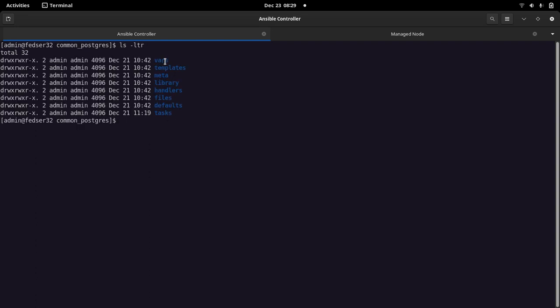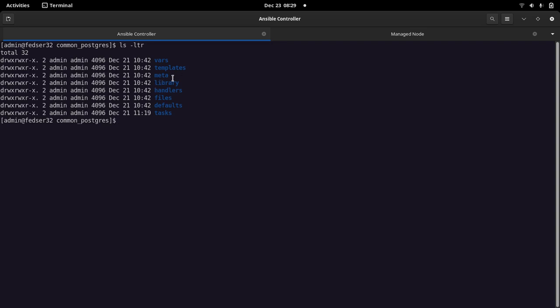So you can see, this is the standard set of folders that we can create in a particular role. It will encompass the vars directory, which holds the variables we want to use in the Ansible playbook, and the templates, which we can use to create templates and apply the required data into the template, so that it can be utilized in the playbook.